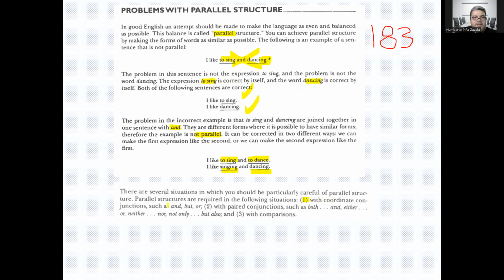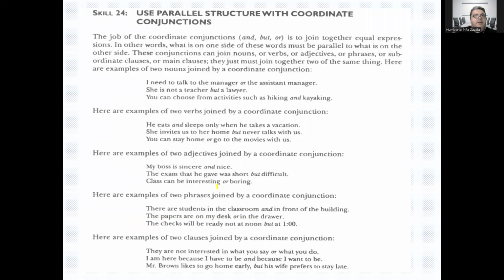One, with coordinate conjunctions such as and, but, or, so, yet, etc. Two, with pair conjunctions. Pair conjunctions always go together: both this and that, either this or that, neither this nor that, not only this but also that. And also with comparisons. So, we're going to start with skill 24. Use parallel